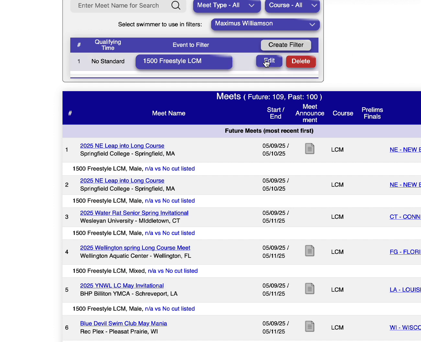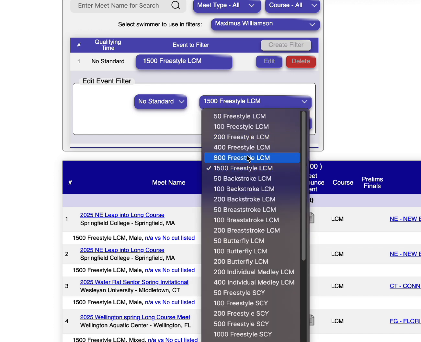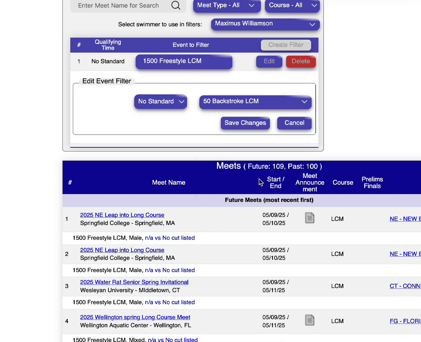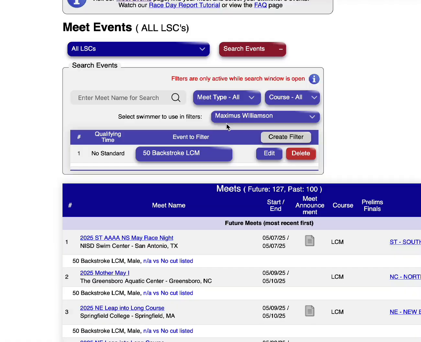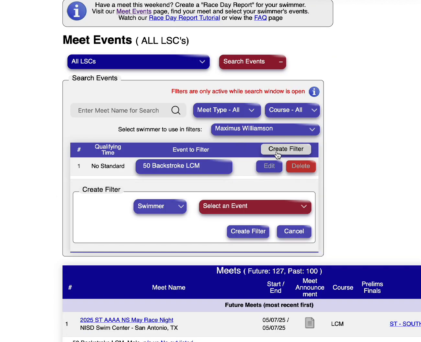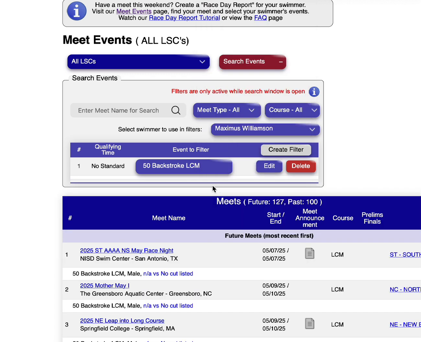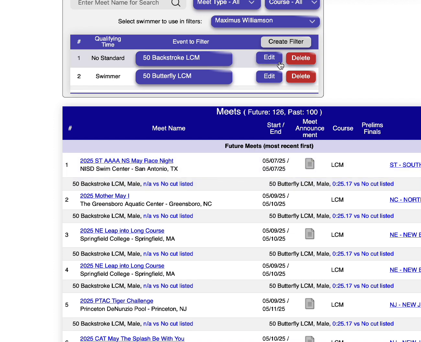So with Maximus selected, let's say we want to change this. So we want to look, you have a 13 and older swimmer, you want to find meets that allow the swimmer to swim the 50 back, breast, and fly. So we're going to create multiple filters here. So this one we select the swimmer, but